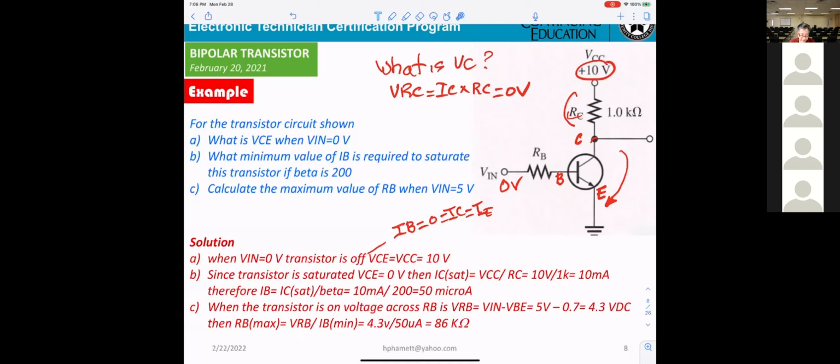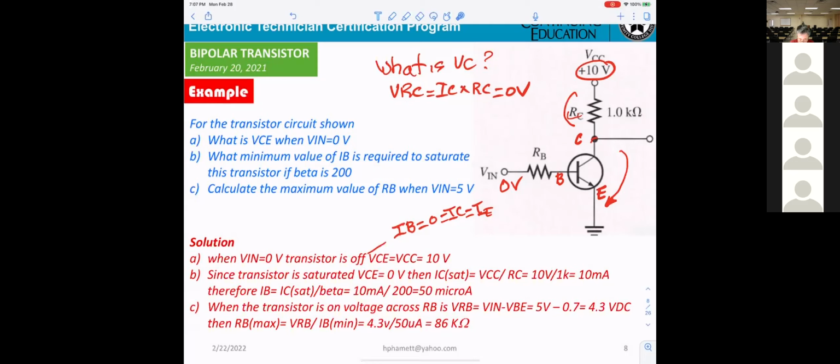Since the transistor is saturated, what minimum value of IB is required to saturate this transistor if the beta equals 200? Okay, so now this one you need to read. Since the transistor is saturated, it means VCE equals 0.